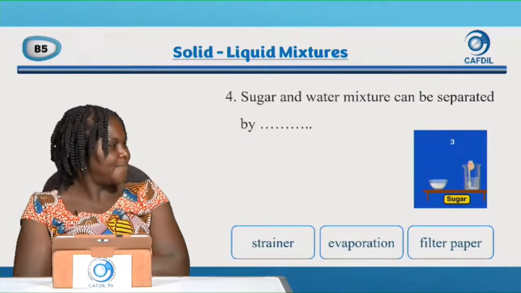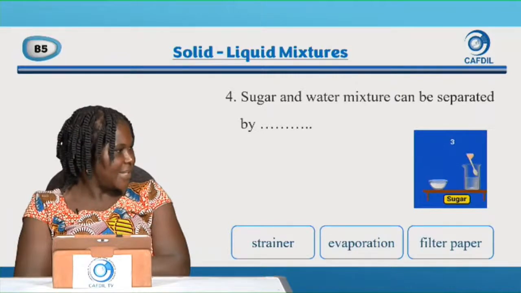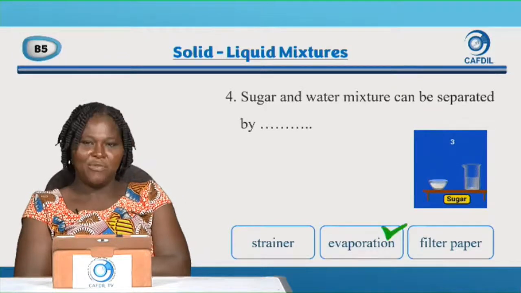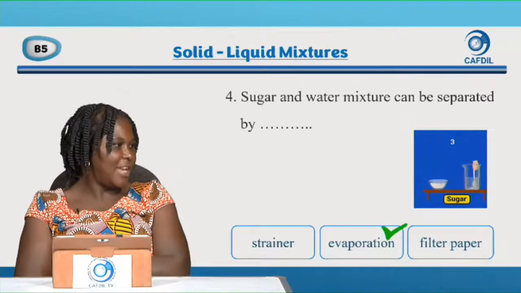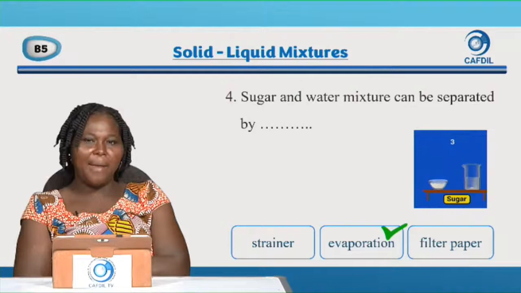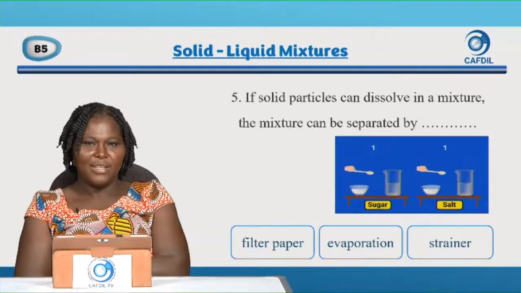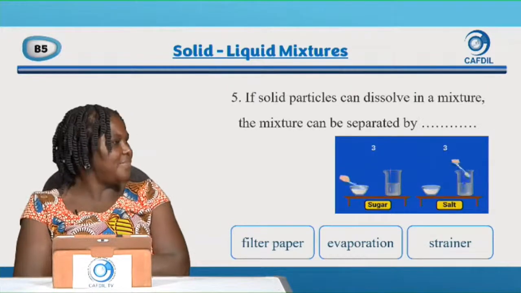Learners? Yes, we use evaporation to evaporate the water, and we get our sugar back. The last question: if solid particles can dissolve